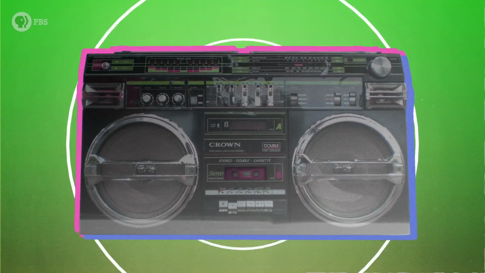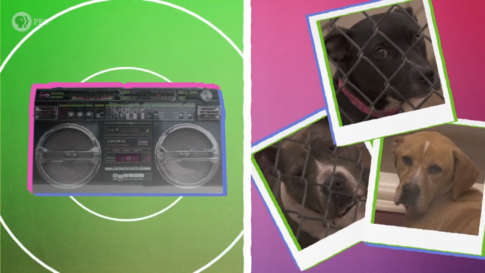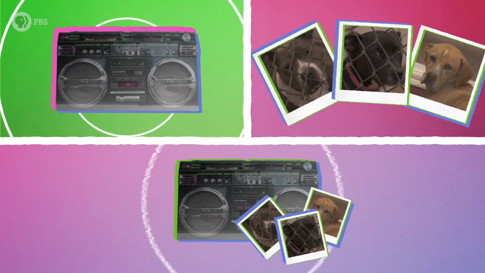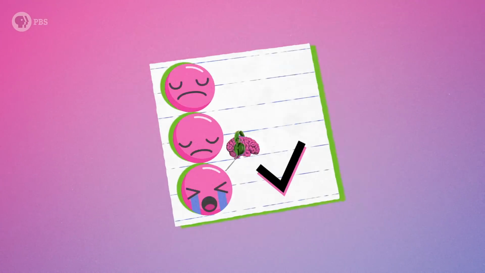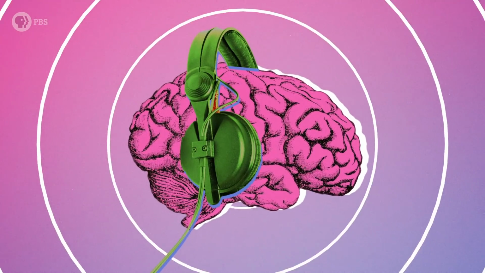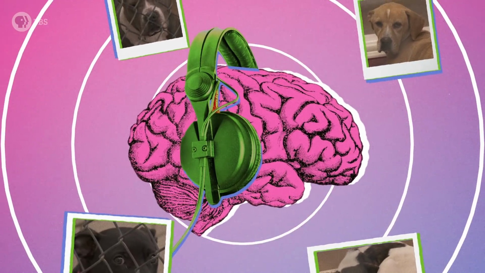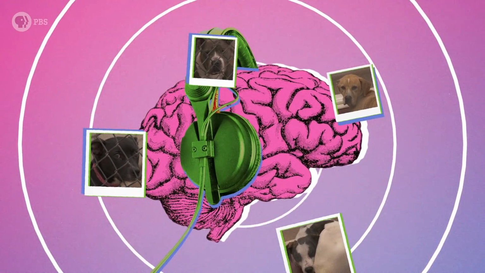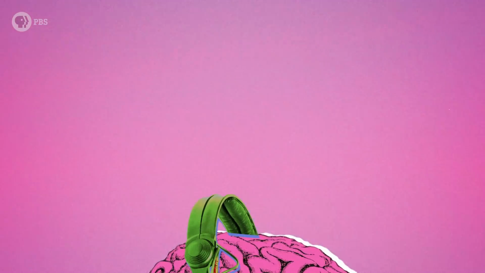The way they'll ask it is they'll play people just the song, and then they'll show other people just the imagery, like just the sad dogs, and they'll show other people the whole commercial and get people to rate how sad it seems. And usually the type of thing that research finds is that those visual images are really seeping into the sounds themselves. You feel like you're responding to the music, but it's really quite impactfully shaped by the imagery you're seeing while you're listening. And not only for that hearing, but much later.